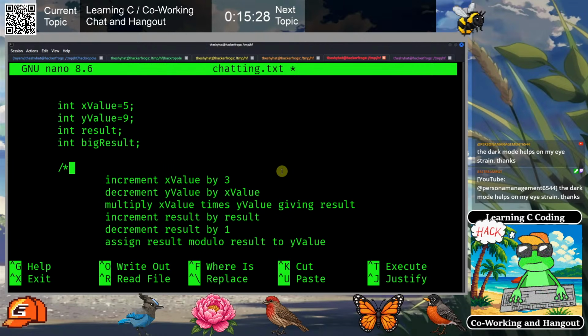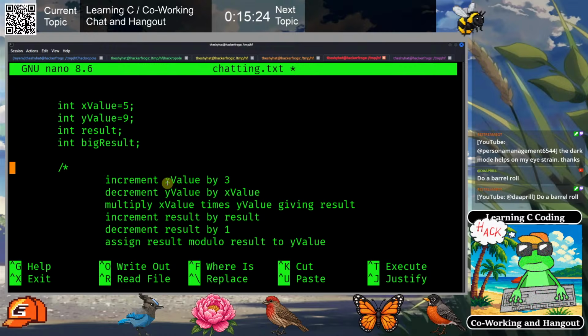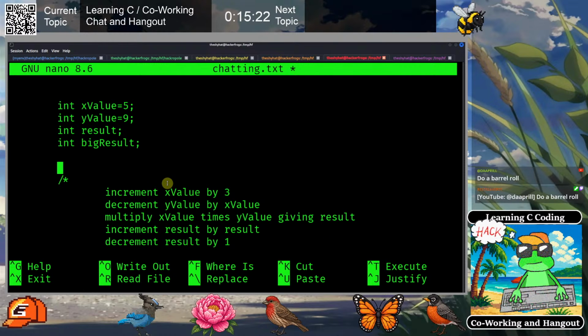Okay, so X value and Y value, we got result and we got big result. So they want us to increment X value by 3. So X value,